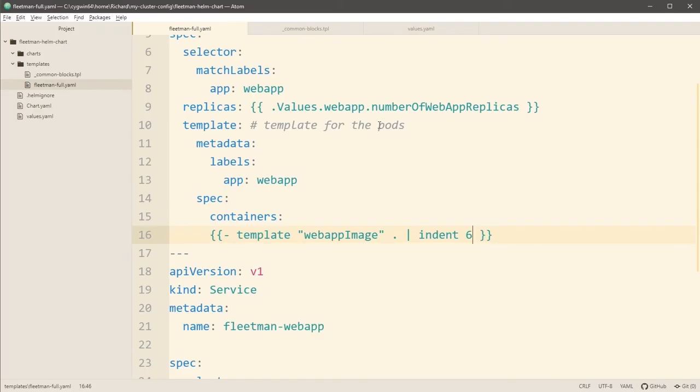Now, this is the point where I can explain the difference between template and the corresponding command of include. Now, I don't know the deep reasons behind this, but the difference between template and include is they're identical, except when using include, you can use it in a pipeline.